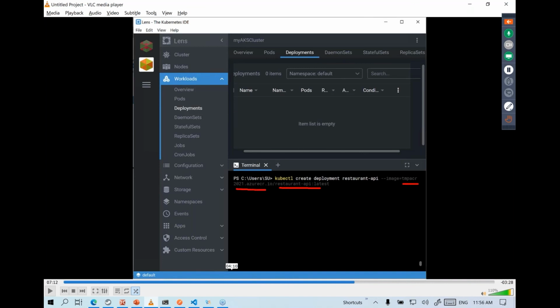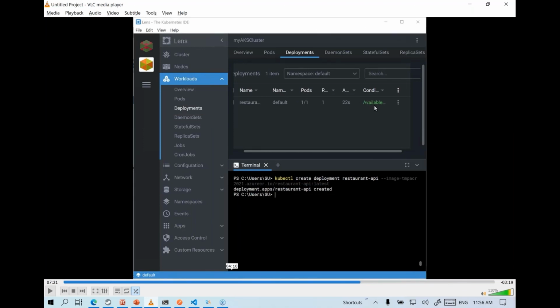So we need to prefix it with the ACR name. So this command will end up creating a deployment, and you'll be able to see the deployment here as well. So we have the deployment, and once you have the deployment, eventually it will show you the status of available as a status that it's now deployed.